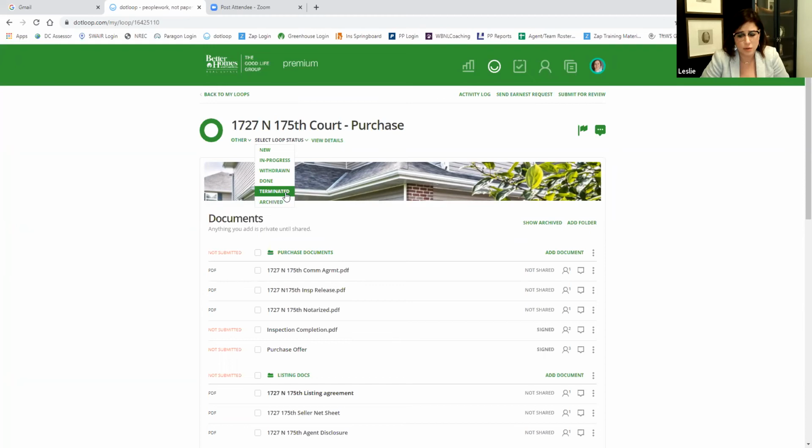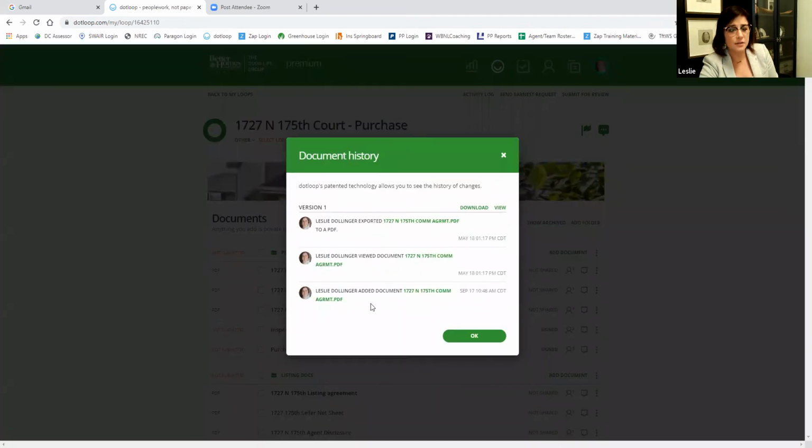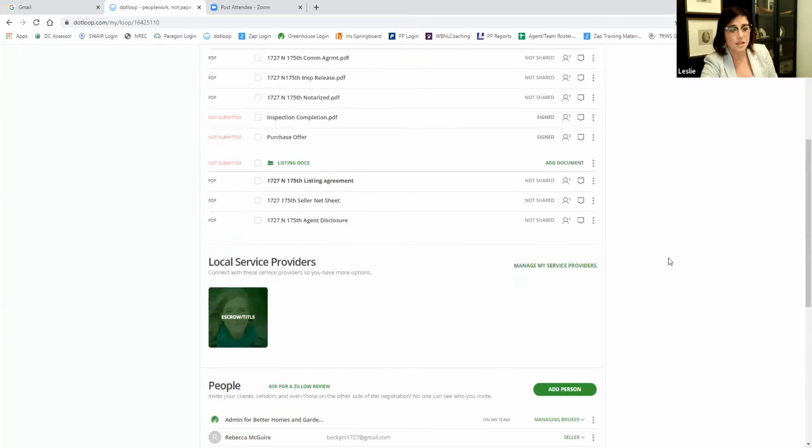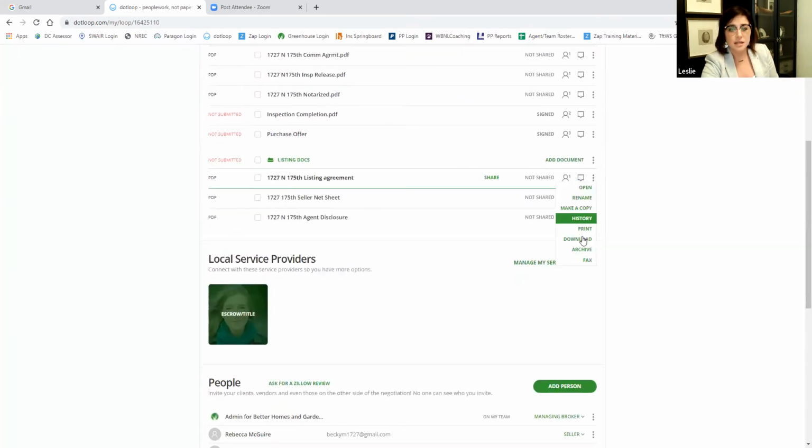We just had one this week where we had a client that signed listing documents and then the agent had, or the client had modified something and deleted those. So we had a purchase that was closing in a few days that didn't have an active signed listing agreement, and the agent was freaking out. Well, we can go back into our history and we can find all of the different iterations, and we can actually see who's viewed it and who signed it. So like here,